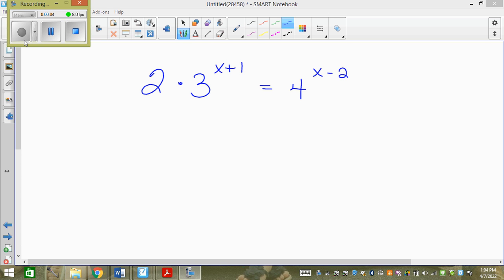We basically can't put the 2 with the 3 because the 3 has an exponent. We can't divide the 2 over because the 4 has an exponent. So when it happens to be like this, and you'll get a question like this on your test, and you're